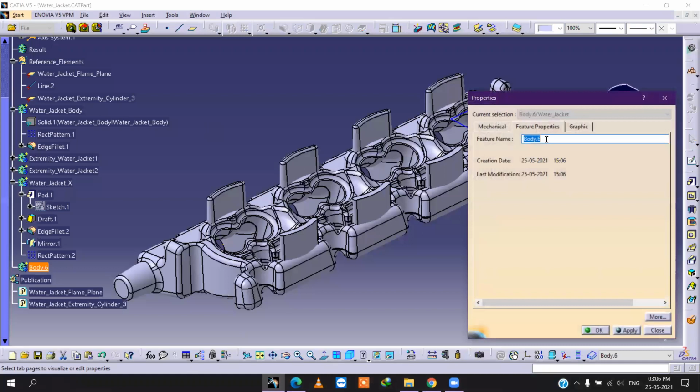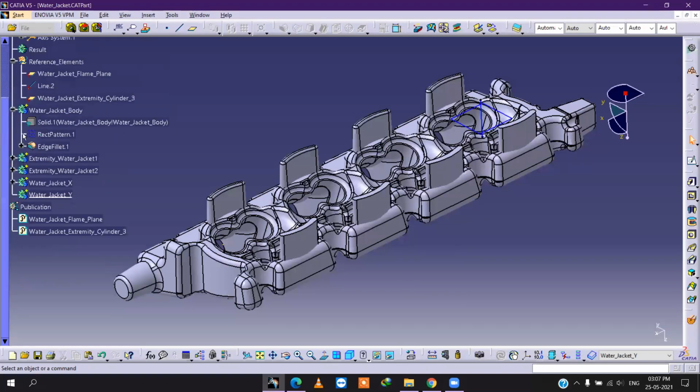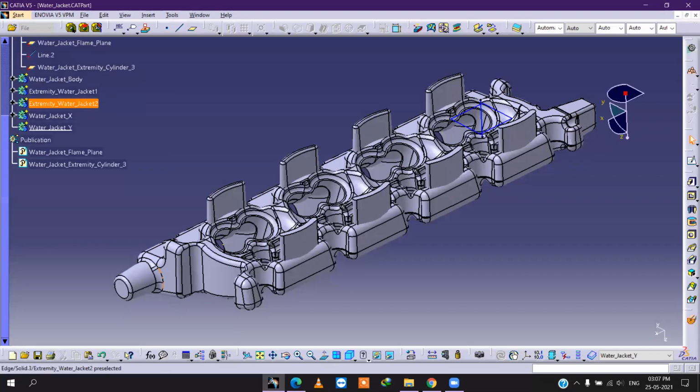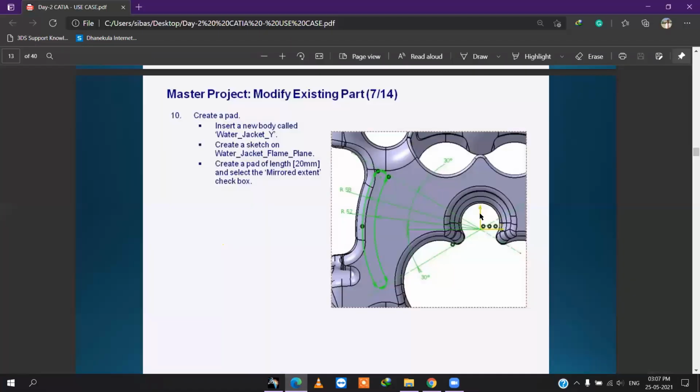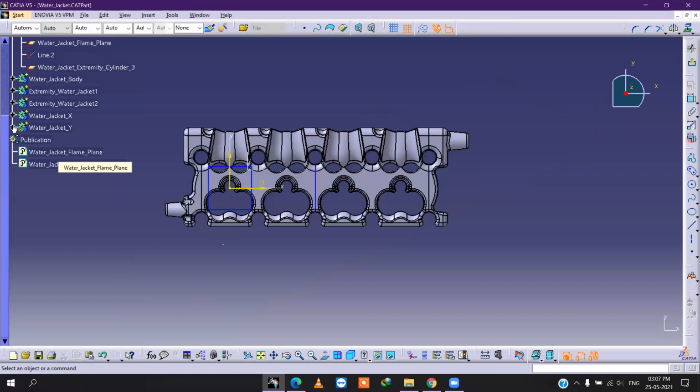Properties, water jacket Y. Okay, water jacket Y. We have to go for the sketch on the water jacket frame plane. Over here we have to go.